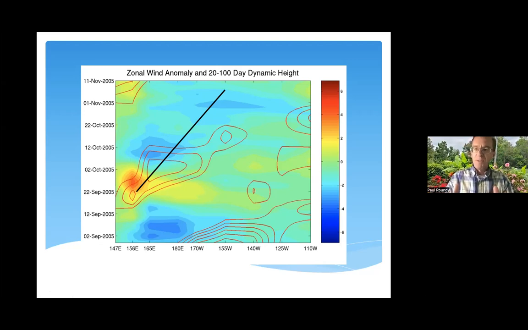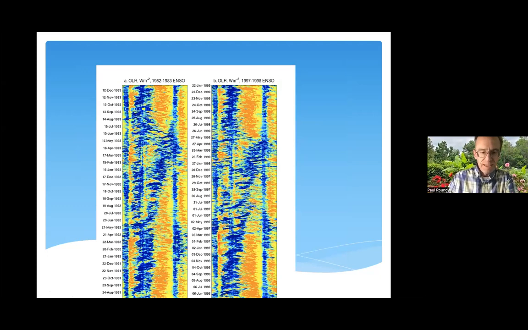This is one of the complicating factors in understanding and making a solid prediction of what ENSO is going to do. Same pictures I showed before showing the development of the 1982 El Nino and OLR and the 1997 El Nino events. They're pretty similar in a lot of ways, right? What you see is the mean state convection is near the maritime continent, it's dry in the East Pacific, and then the El Nino develops, the East Pacific becomes moist, the maritime continent goes into a drought. Same thing in both.